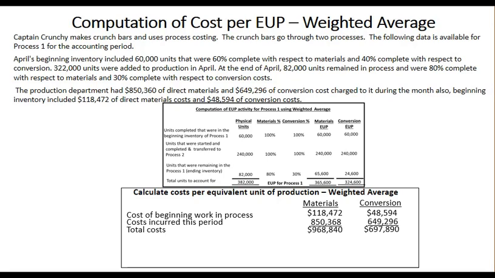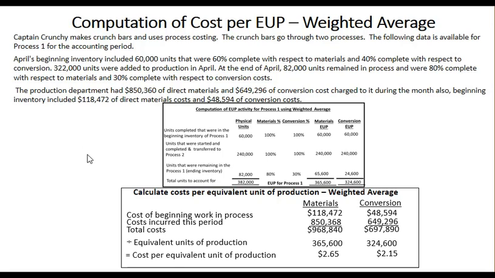So we include beginning work in process plus the cost incurred during the period. So our costs in this case come up to a total for materials and total conversion that includes both of those balances. Now what we're going to do, of course, is based upon the total equivalent units of production for materials, which is 365,600, we're going to divide the $968,840 worth of material cost. We're going to divide it by the 365,600 equivalent units of production, and that comes out to